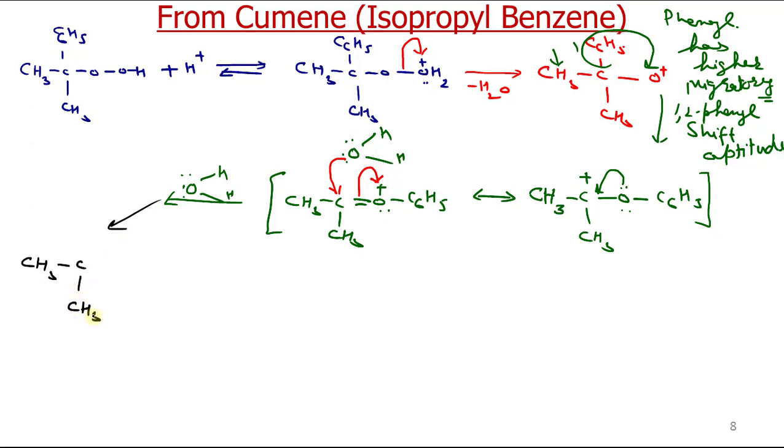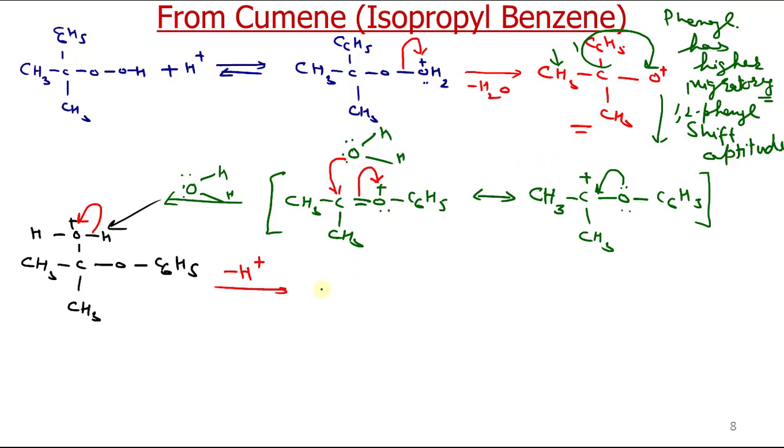CH3 OH2 positive, OH2 positive, now OC6H5. So that is the product after the addition of water. Now in the next step there is a loss of this proton, so minus H. So all the steps are very easy, you just have to remember this. We have to do phenyl shift, and the driving force for this is stability of this carbocation.